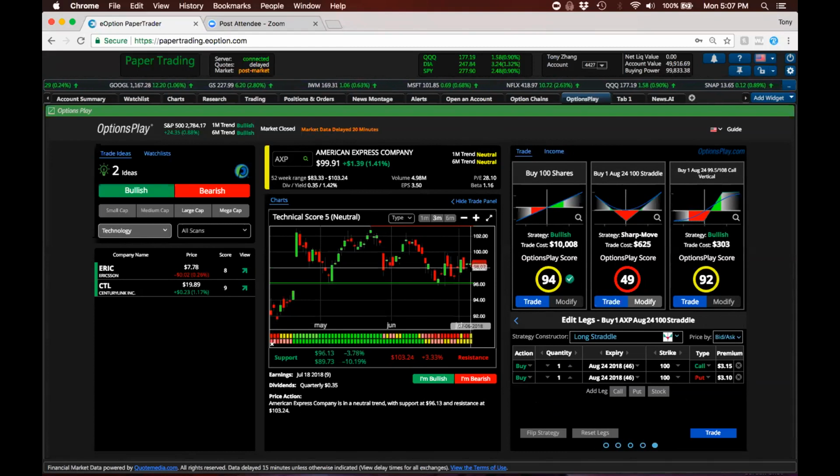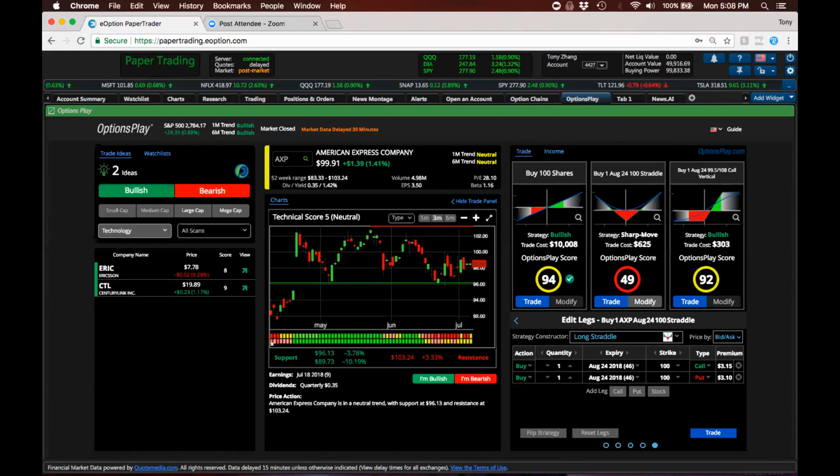So you have to have 93.75 or 106.25. So you have to have such a large move in order for that strategy just to break even. So that's usually why buying straddles going into earnings typically is not a great idea, just because of how much the stock needs to move.